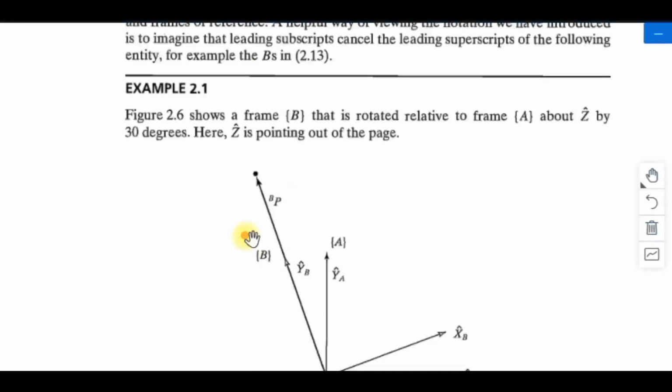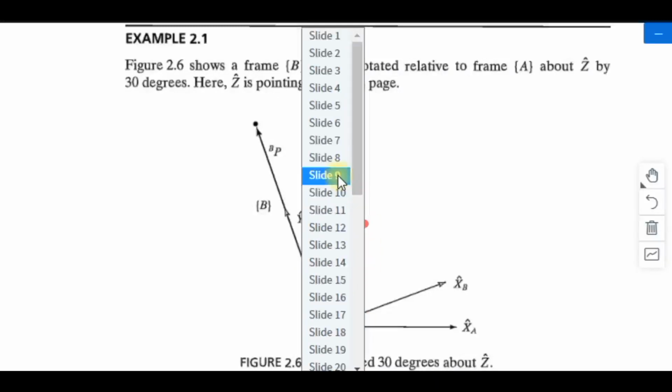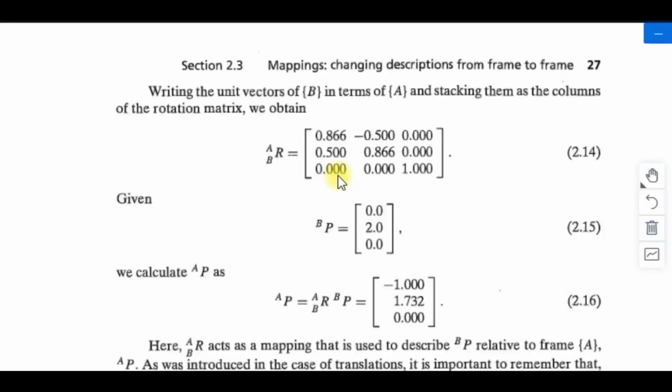So look at this problem. Here the frame B is rotated relative to frame A about Z by 30 degrees, where Z is pointing out of the page. Now you have to calculate the present position of P. Okay, so for this purpose we have to consider